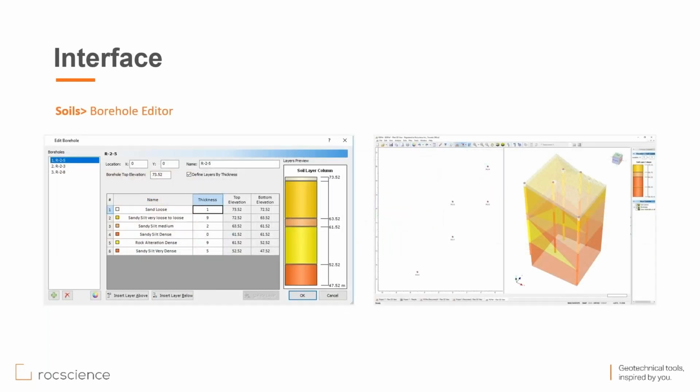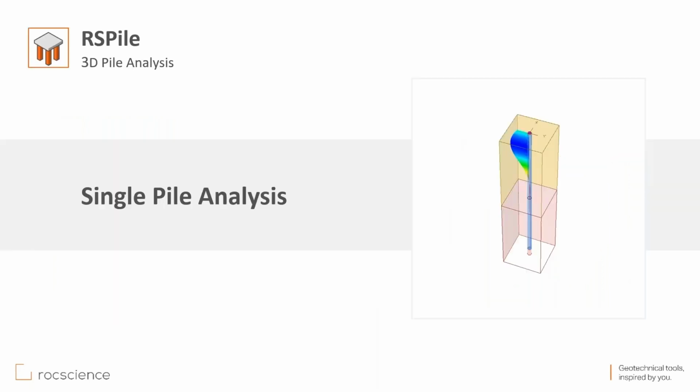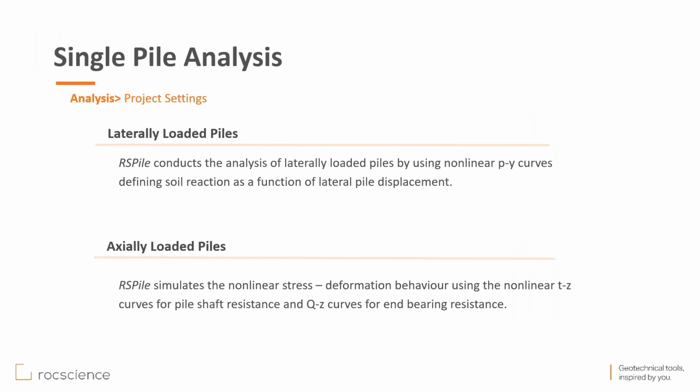The interface of RSPile is very basic, and the current version supports the addition of multiple borehole definitions with different groundwater elevations and different profile elevations, so that you can actually model the 3D space with success. It also allows you to model very simple geometry in almost no time. For a single pile analysis, its capabilities include